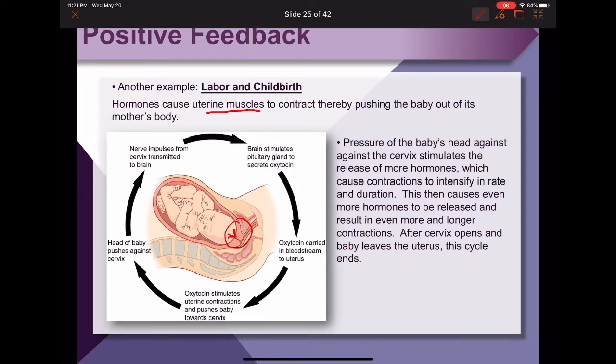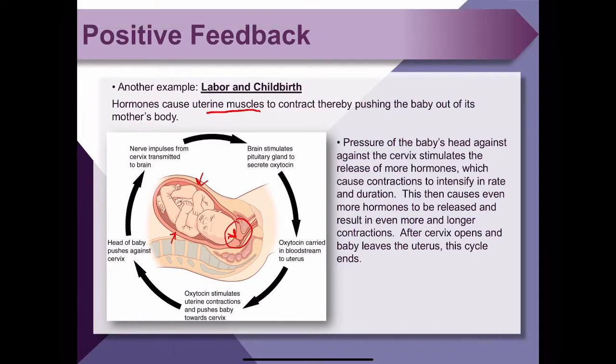As the uterine contractions are squeezing down, the baby pushes the cervix a little harder, okay? And that pushing or pressure on the cervix will cause the release of hormones, specifically oxytocin from your hypothalamus, and then that would trigger your